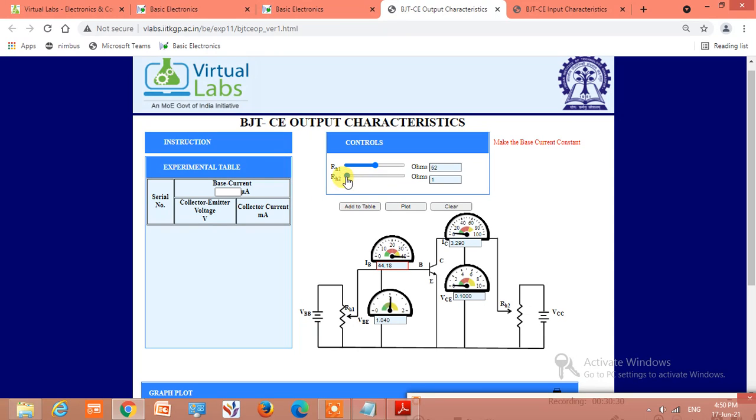So I will increase the value to 1 volt. For 1 volt, see here the current is 44. Let us again clear it first. Then increase the value to 50 microamps. Maximum value is... yes.